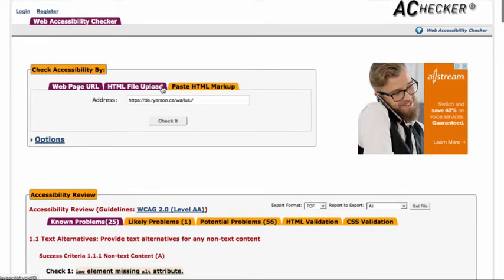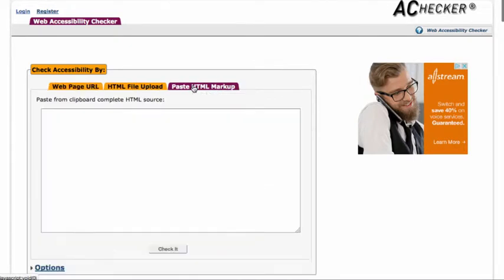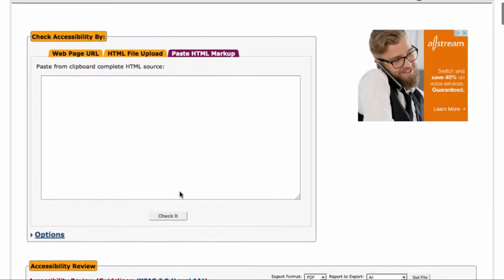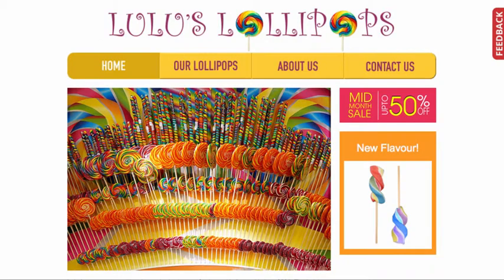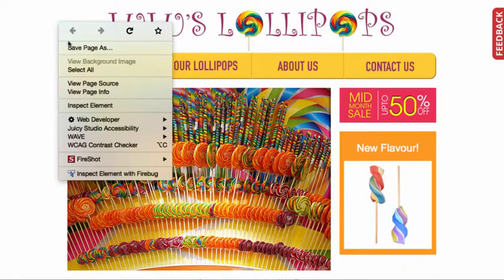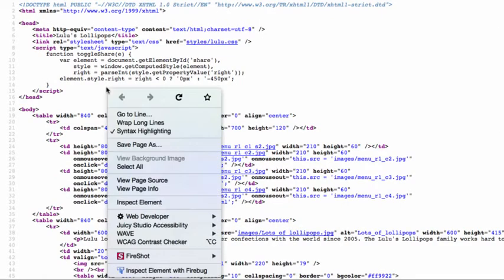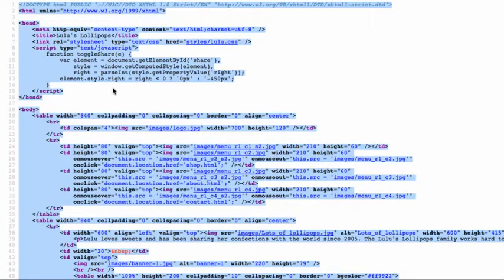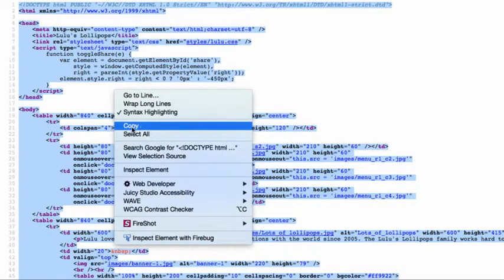So finally, if you look at the paste HTML markup, this is useful if you're behind an intranet, for instance, and you can't access the web page by the URL feature. You can go to the Lulu site. You can view the page source, right-click and select all of the source,